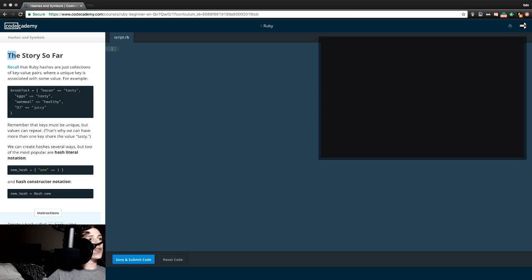Alright. The story so far. Recall that Ruby hashes are just collections of key value pairs where a unique key...